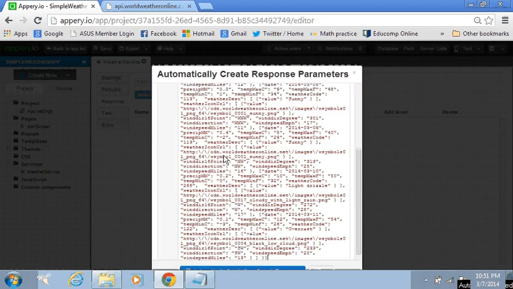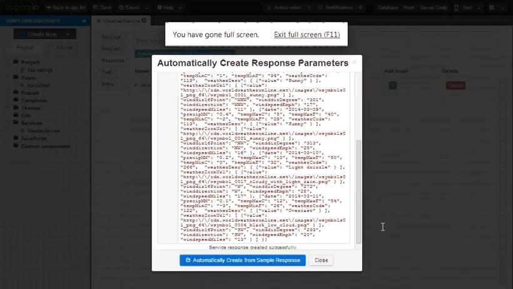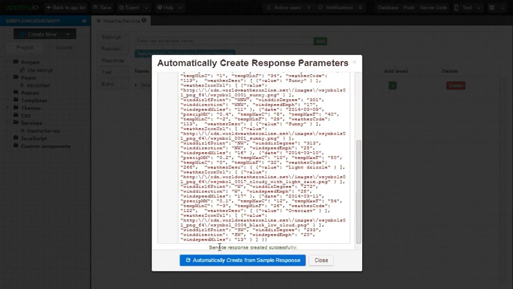After I paste this in, I'll just click the button which says generator service response. Yeah, there you go. Automatically create from sample response. And it says service response created successfully. I'll go ahead and close this.